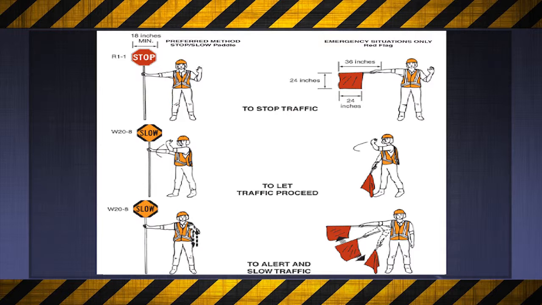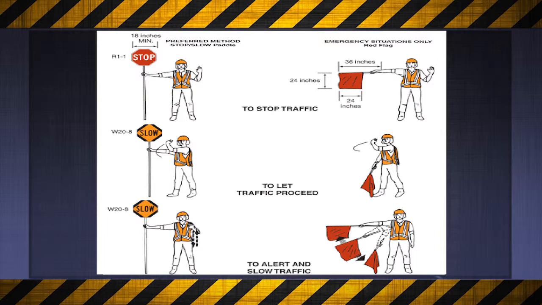On the right-hand side, and these are only for emergency situations only, you will see an actual flagger with a flag. While in some situations this probably is adequate, as we get into more of the recovery situation and the debris removal, we require that our flaggers actually use stop-and-go paddles. Again, this is a great example and can be referenced in looking at your flaggers and looking at your job